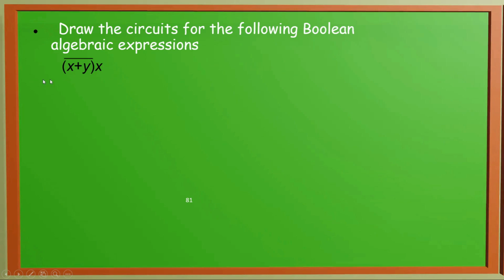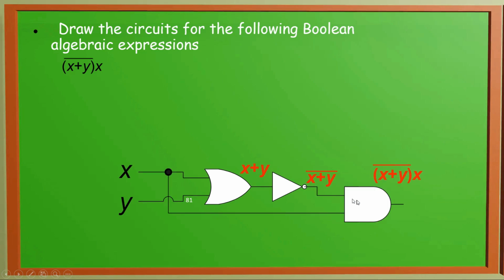Now here one Boolean algebraic expression is given. We have to draw the circuit. So we have two inputs X and Y. So first we have (X plus Y) whole bar. So we can use one OR gate where the output is X plus Y and we have to take the bar of this OR gate. That means we can use NOT gate. We can even use the NOR gate directly. Then (X plus Y) bar is having AND operation with X. So X is one input, (X plus Y) bar is another input. So at the output we will get this expression.